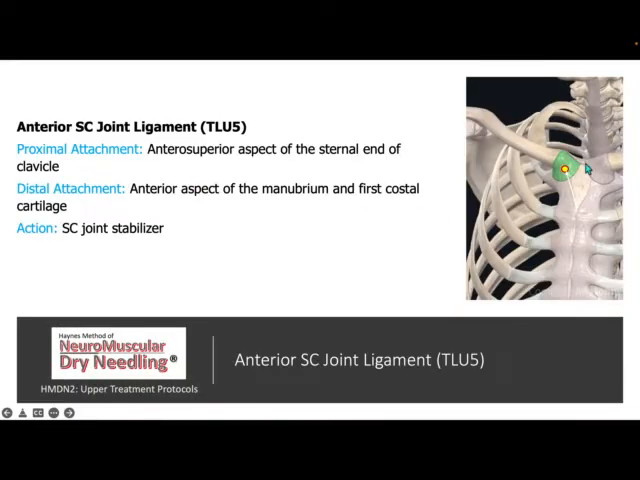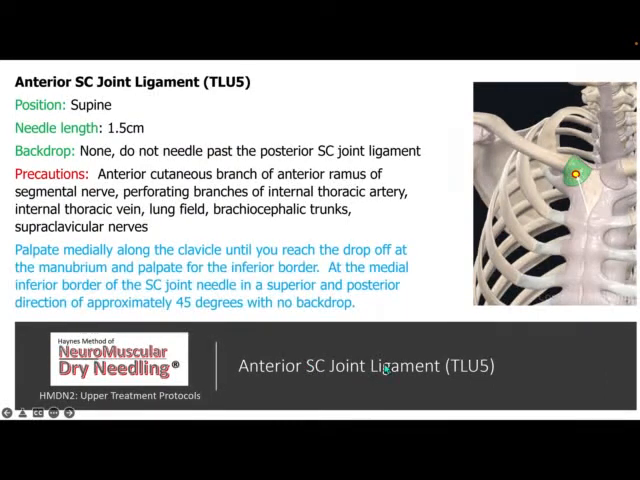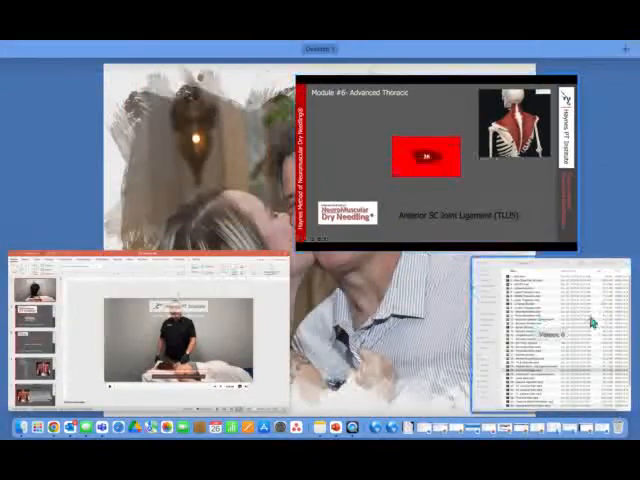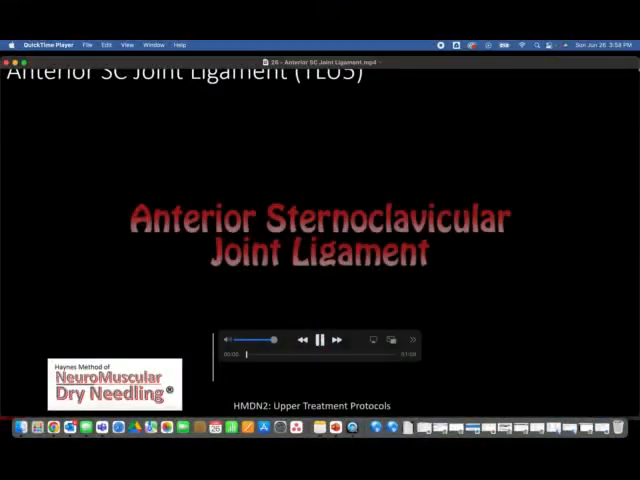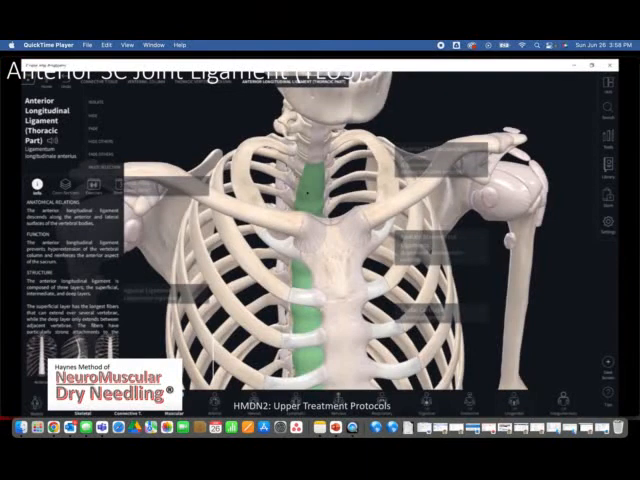Okay, then we'll have the anterior sternoclavicular joint. Later we'll get to the acromioclavicular. We'll do that in the shoulder, but here we'll look at the anterior SC joint ligament. But for the anterior SC or sternoclavicular joint ligament,